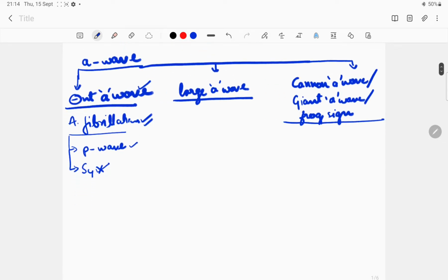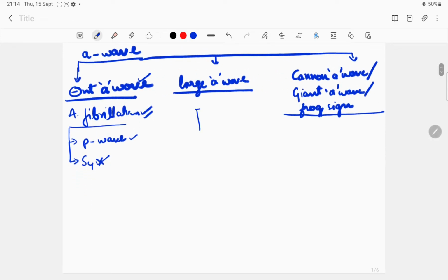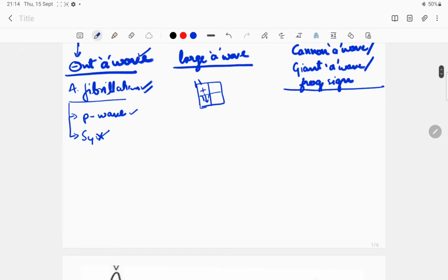Coming on to the large A wave, it will be seen when the atria has to contract with much higher pressure in order to throw blood from atria to ventricles. So what are the cases in which the atria has to apply more pressure than usual? These can be outflow tract obstruction, like in the case of tricuspid stenosis or pulmonary stenosis. And even long-standing mitral stenosis can cause a large A wave, because we know that in mitral stenosis what will happen: suppose this is the mitral valve and it is stenosed,